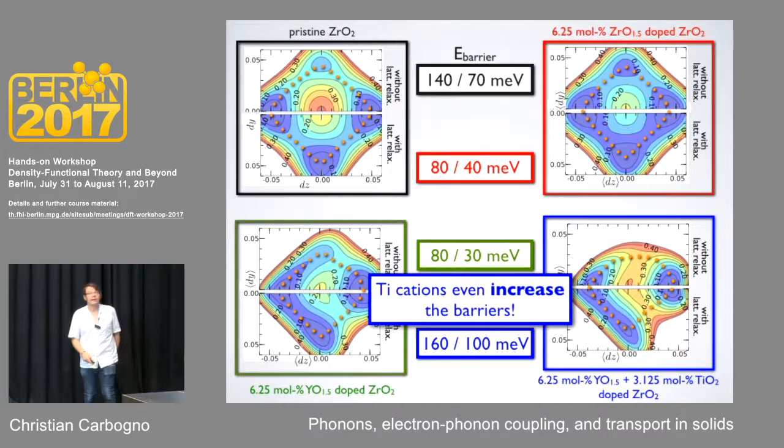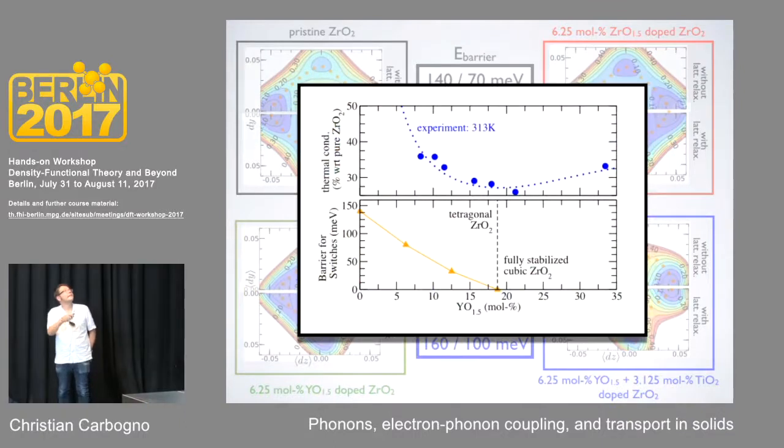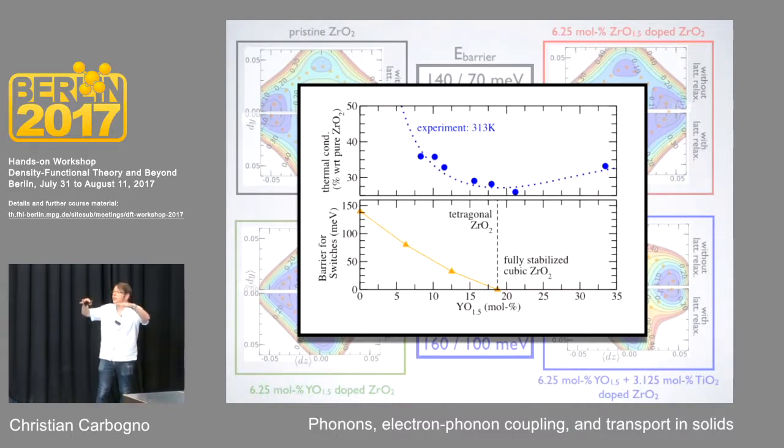thermal conductivity. And just as an example of how this correlates to real measurements, if you look at your thermal conductivity as a function of the doping, you see that it goes down quite significantly. And this you can correlate again with the barriers that are present as a function of the doping. If you introduce yttria in your system, the barriers go down, so the probability of such a switch becomes larger, the system becomes more anharmonic, and you get a lower thermal conductivity until at some point